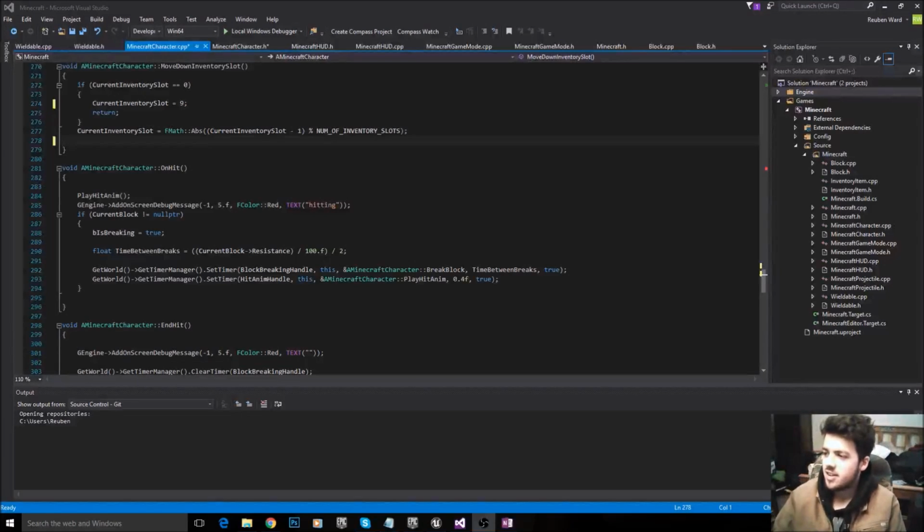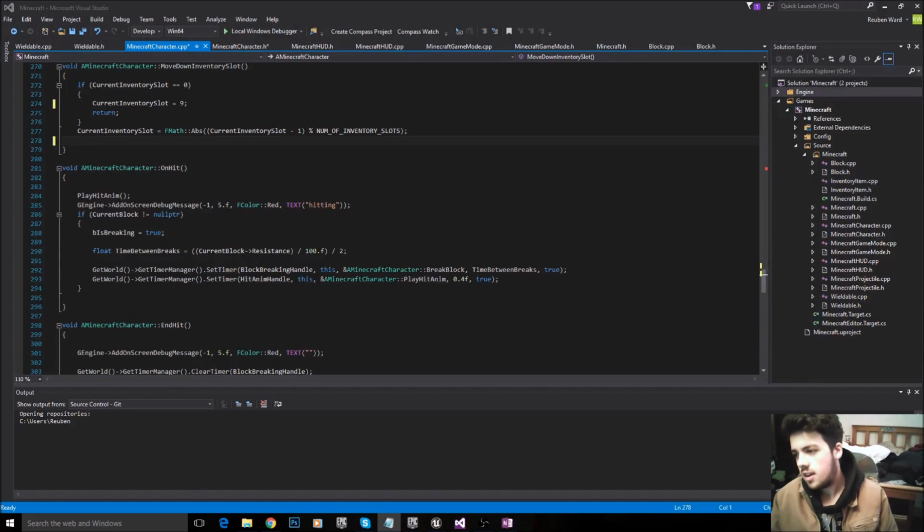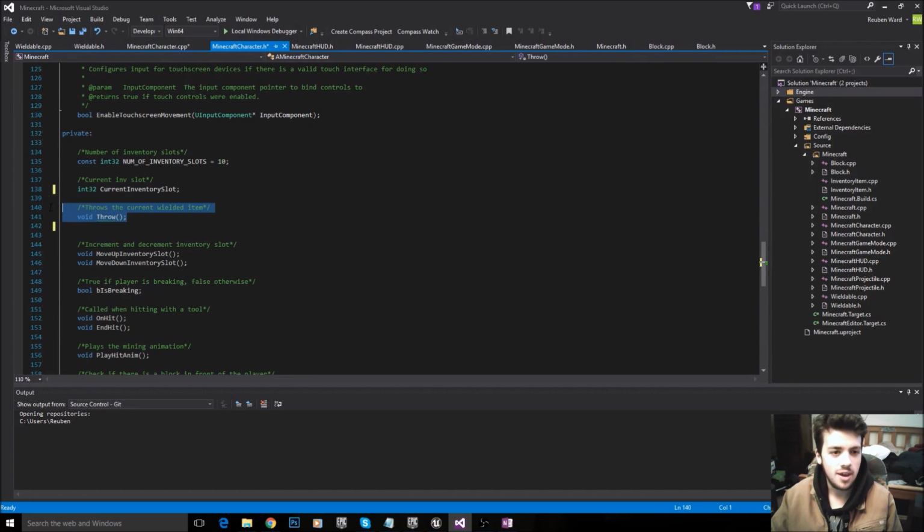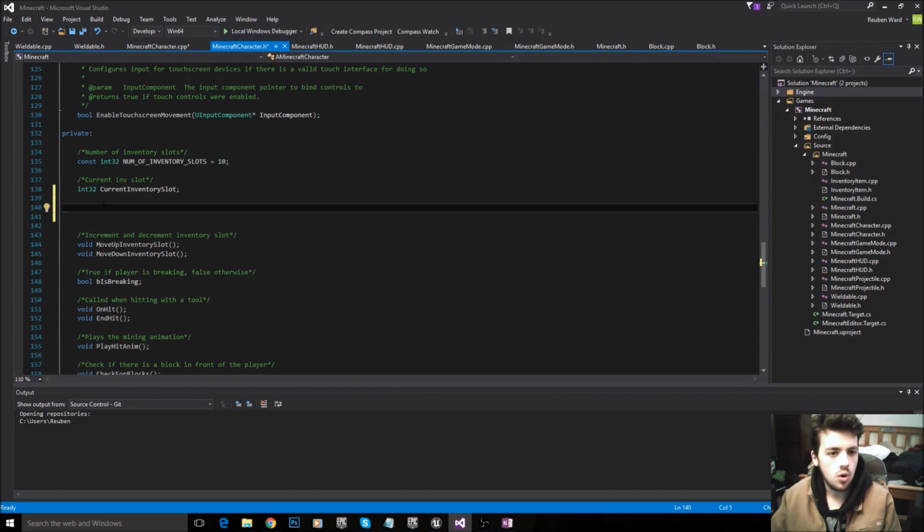Alright, we'll get started with the update wielded item function. Now this is going to take a very short amount of time to make. And so to make that, we're going to say void update wielded item. And my typing is going to be awful because I do not have the same keyboard.